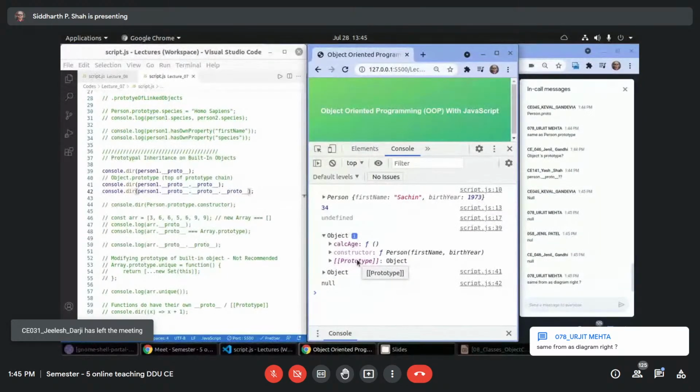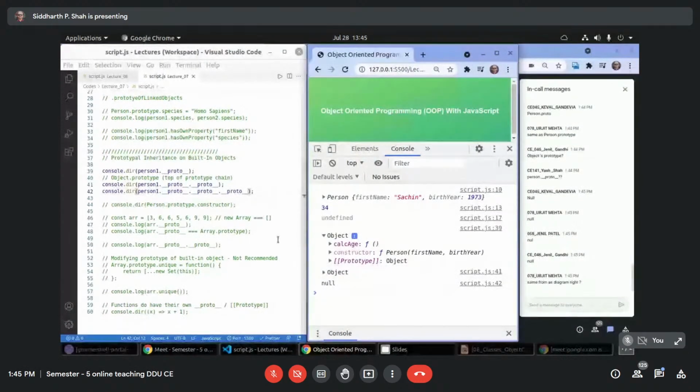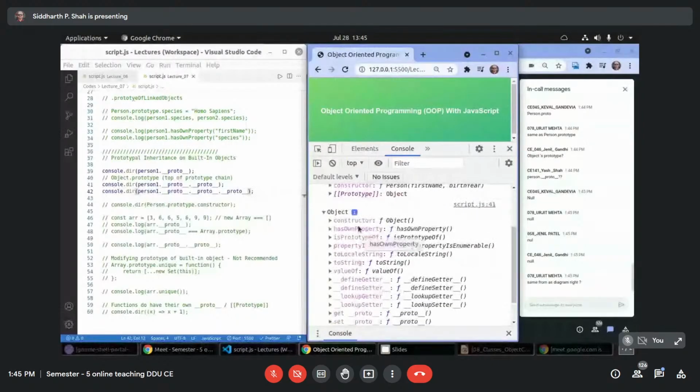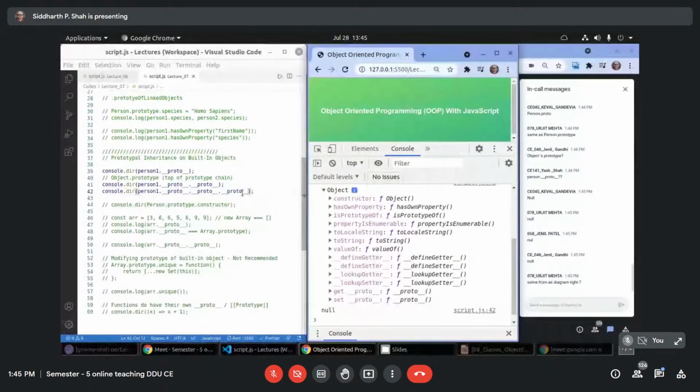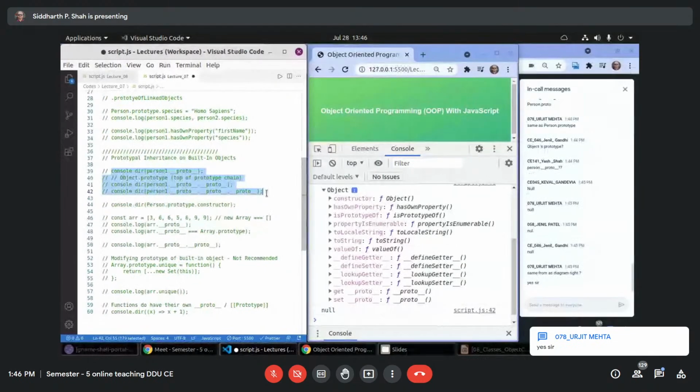Yeah, it is same as the diagram, correct? Then person1.__proto__.__proto__ is Object.prototype, and that's why you have all these methods. And this third one is null. Correct? So now I think you are getting all this.